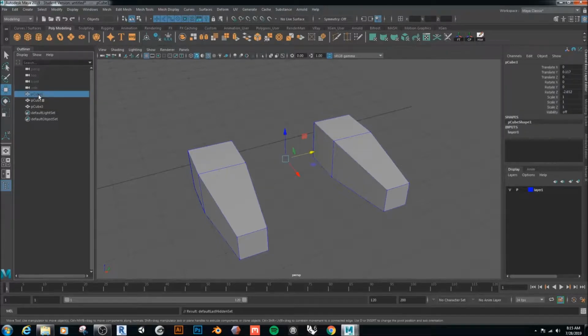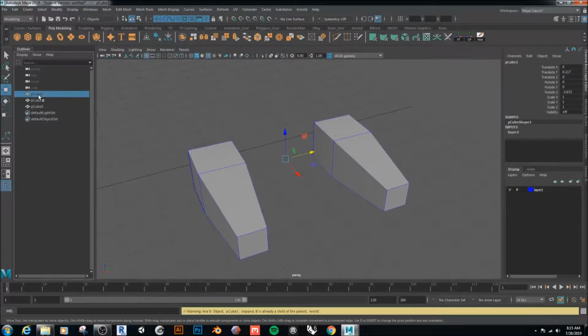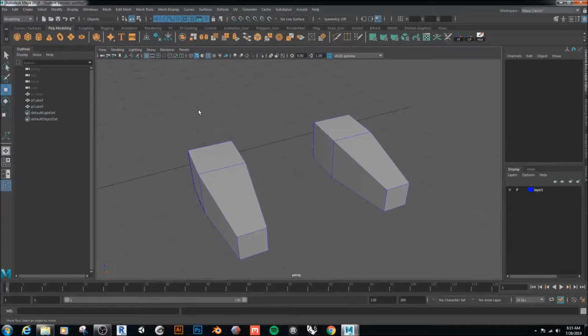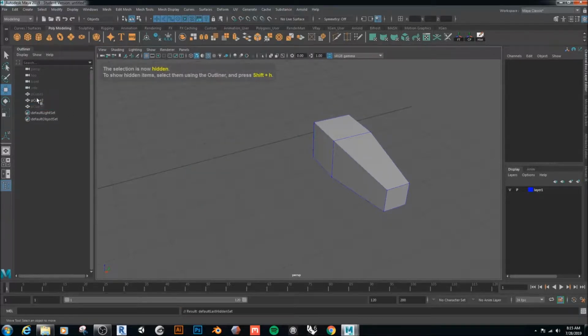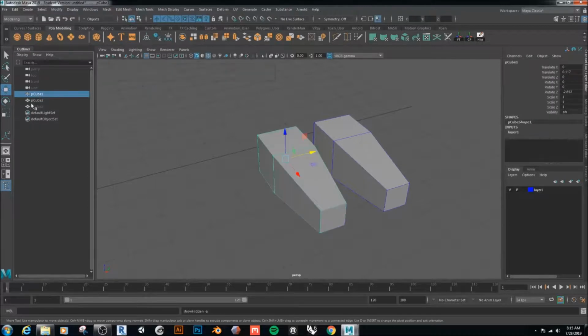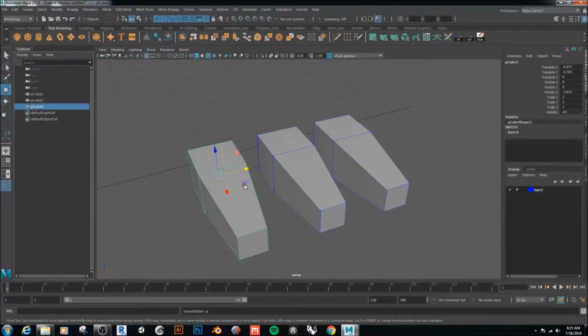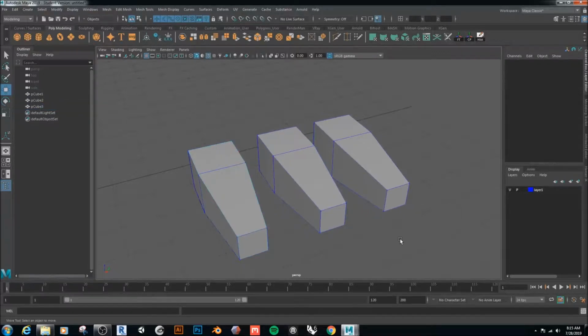If I select it and press Shift H, it'll bring it back, right? So this is a really efficient way to control individual objects. But let's say I wanted to